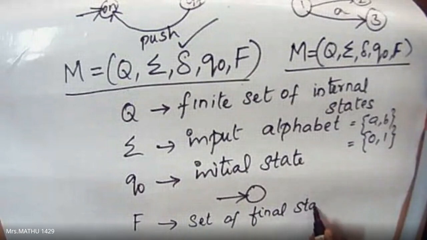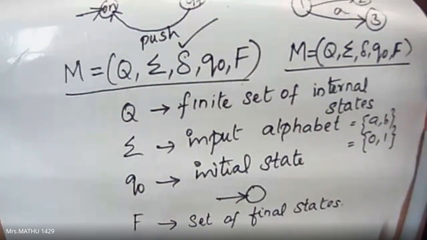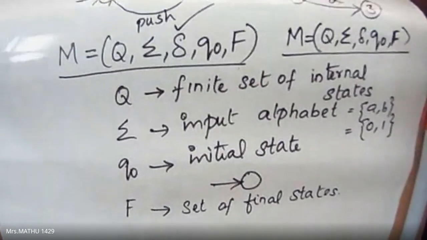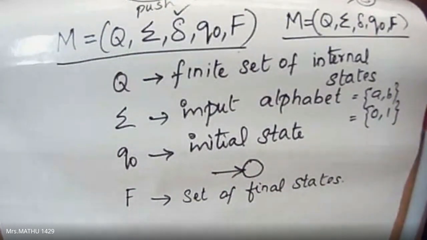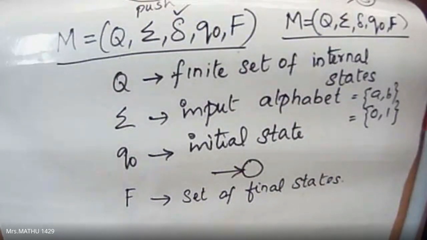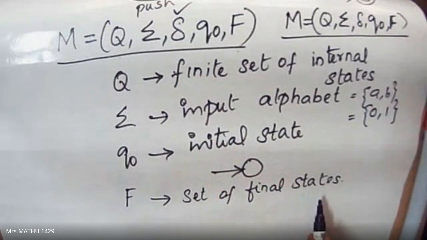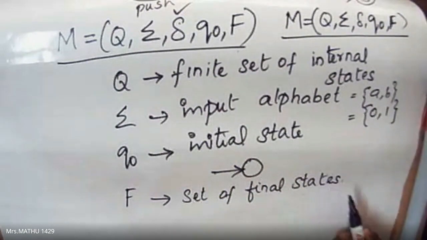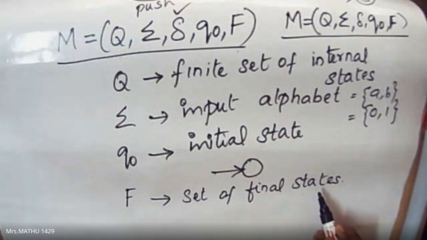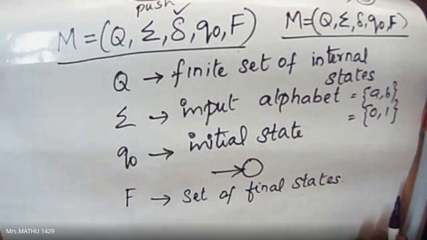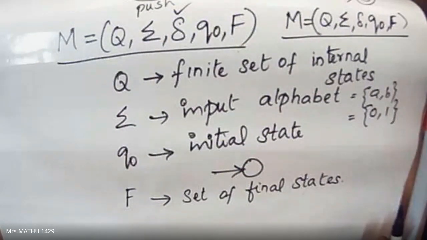What is the meaning of final states? When a language is given, the language will have some strings or sentences in it. If you are able to start from the initial state, and reach the final state, and read that particular word or string from that language,